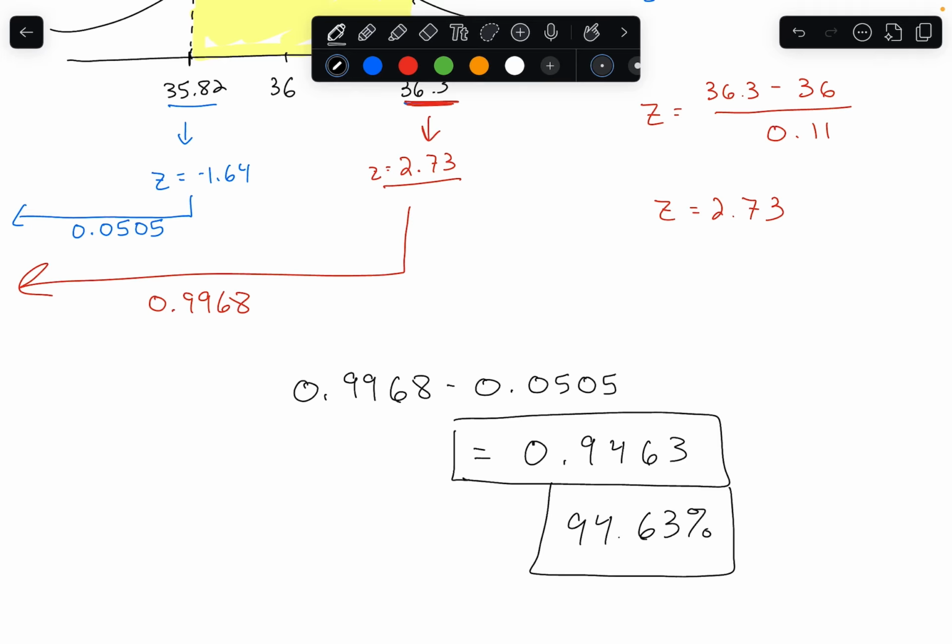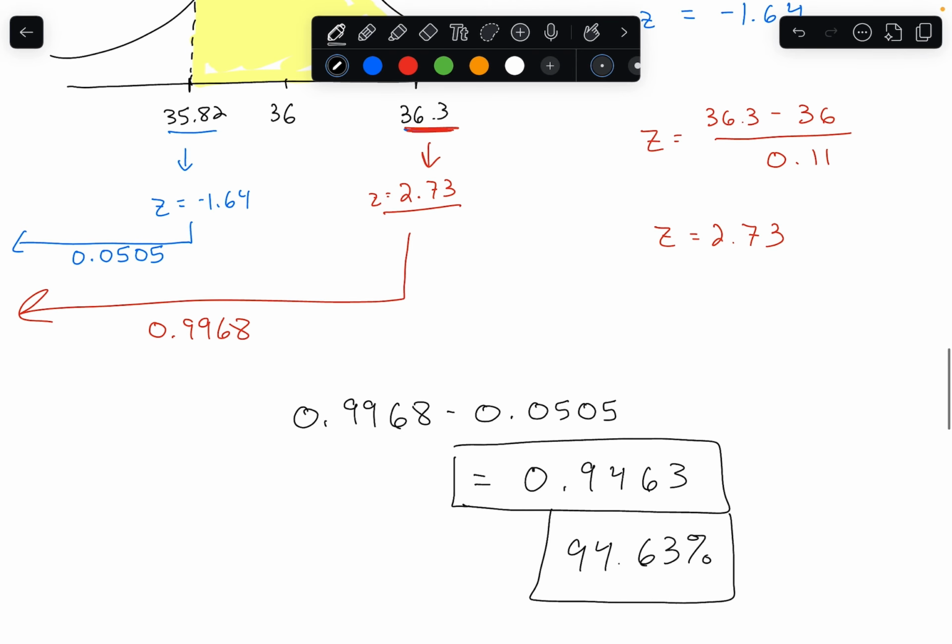So in all of these problems, I would highly recommend drawing a picture. I do think it's extremely helpful to visualizing that area, so that helps you to think about, okay, do I want area to the left, area to the right, area in the middle, perhaps area in the tails. That picture really